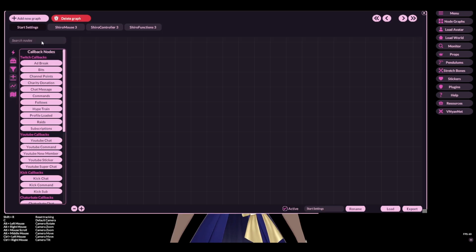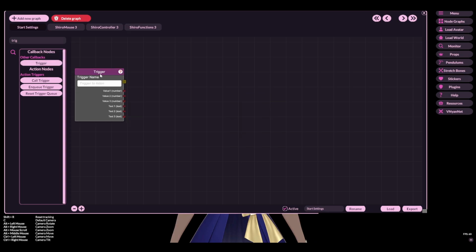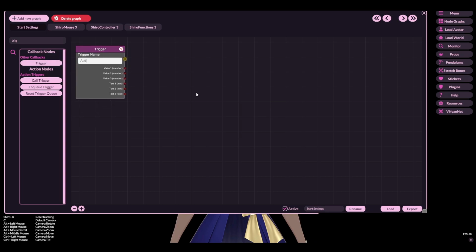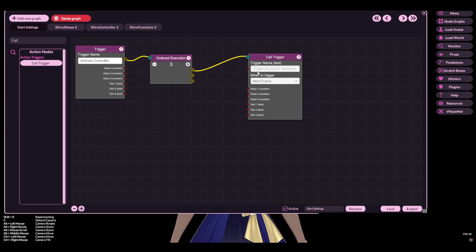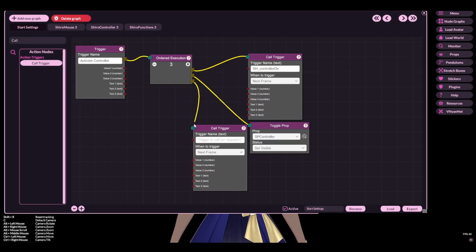Node graphs that activate and deactivate the controller can be created following the same methodology. Create a trigger node named Activate Controller, connecting it to an ordered execution node. Create a core trigger node with the name sh_controller on, which activates the controller plugin. Use a toggle prop node to set the SP controller prop to visible, and a core trigger node with the